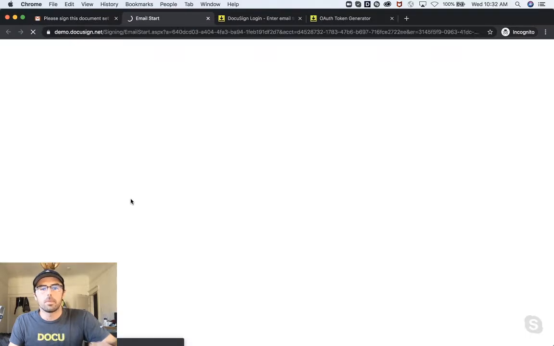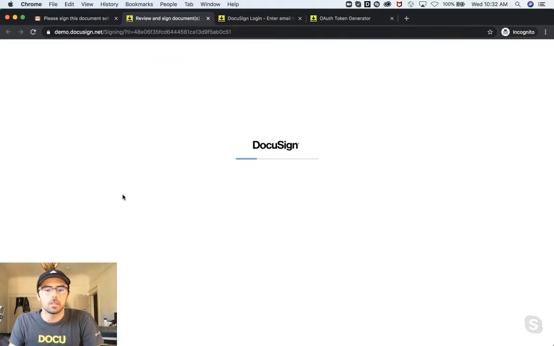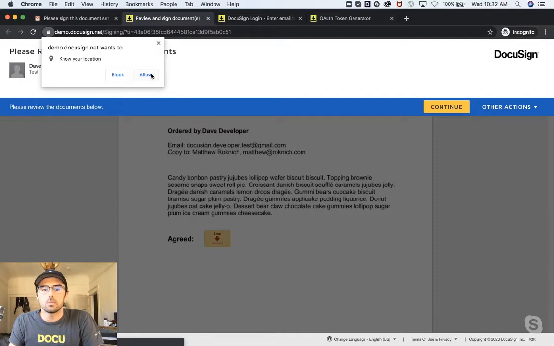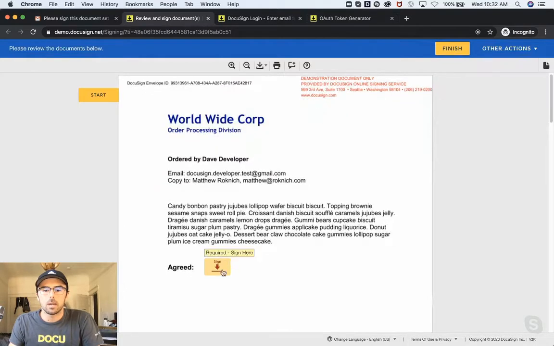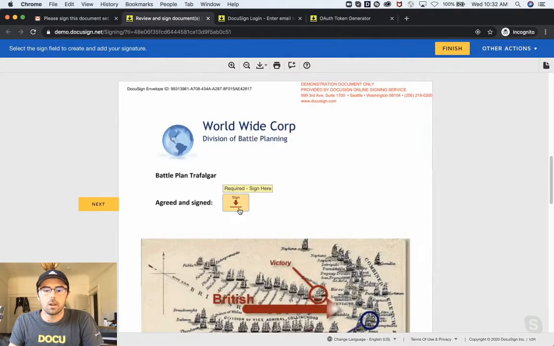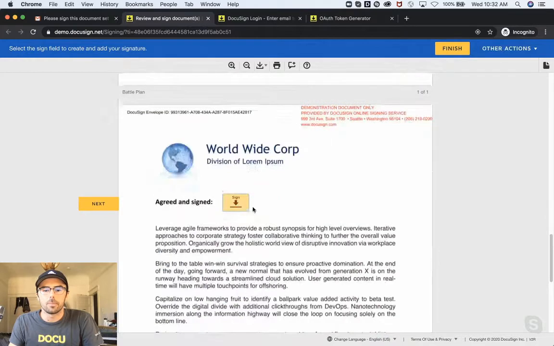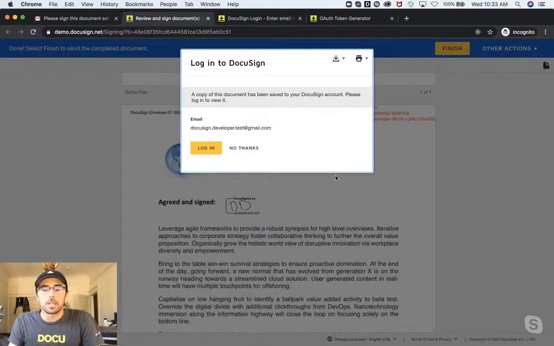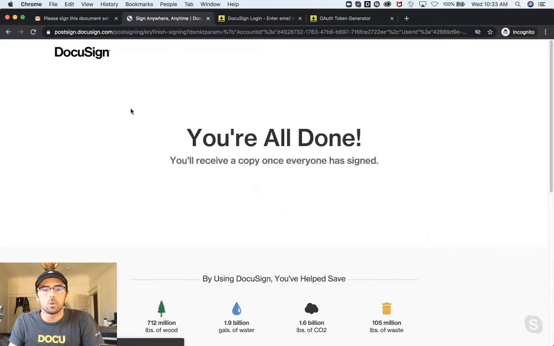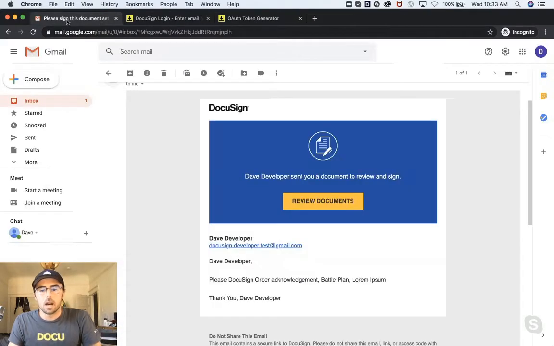It will open up the signing ceremony in my browser. I'll click continue. And we have various fields that are populated on our documents. I click sign. Great. I can click sign on this document as well. Awesome. And then the third one. And finish. So that's what would be required of the recipient in this particular flow. Then it'll navigate to a post-sign splash page. Cool. So that is done for the first flow.